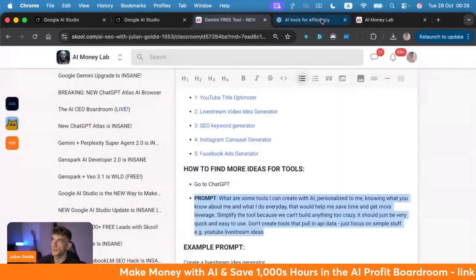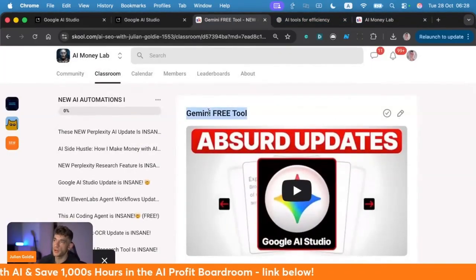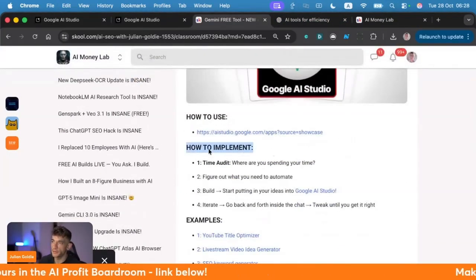So just to recap here, peeps, you can basically build anything with Gemini and AI Studio. How do you implement it? Well, you go to AI Studio